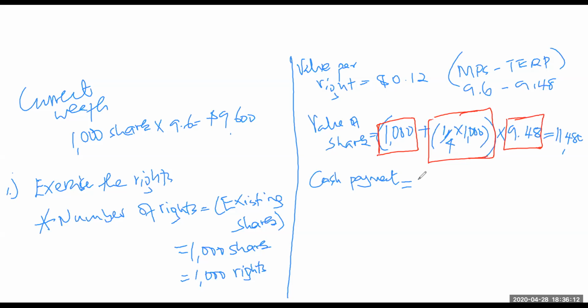There were 250 new shares, but you pay 9 for each share. Don't forget, you're paying 9 to obtain the new share. The offer price was 9. Total payment was how much? Therefore,